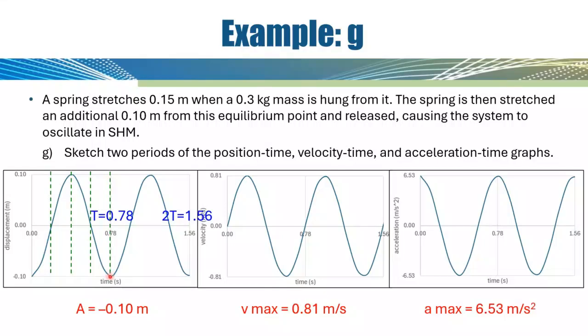And we calculated the period back in letter B, and that was 0.78 seconds. So I now can label that on the x-axis. And since I have to graph two periods, 2 times 0.78 is 1.56. So now when I go back up and come back down, I should be at 1.56 seconds. So sketching out the displacement time graph is pretty straightforward in terms of plotting out the periods and plotting the amplitudes on the y-axis. When you get to the velocity time graph, it can be a little bit tricky, but